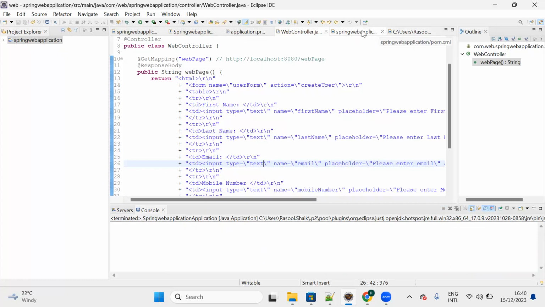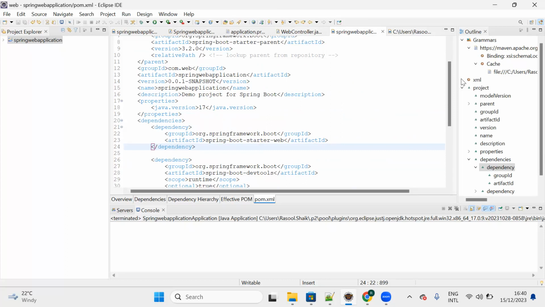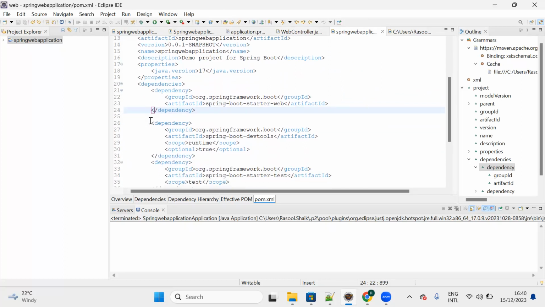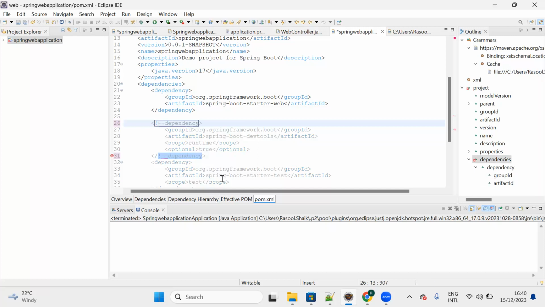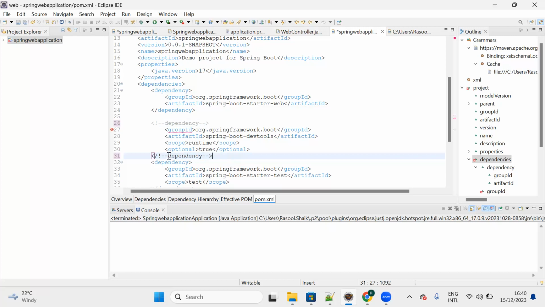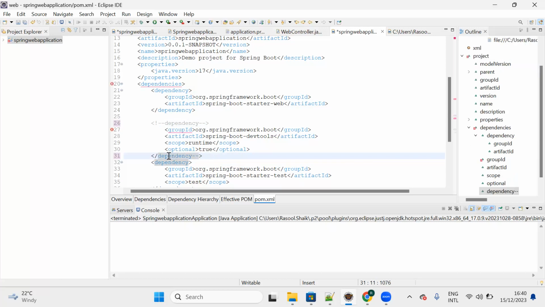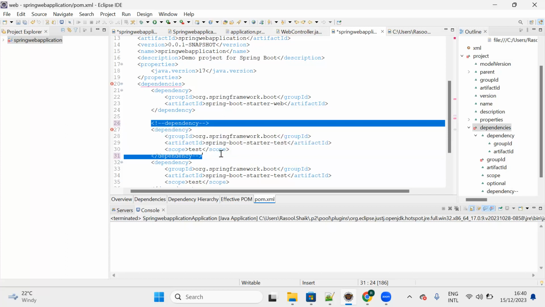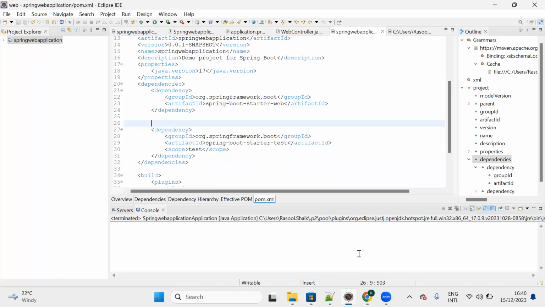So go to your pom.xml. Earlier we added developer tools, right? Because of that, whenever we make changes in a Java class, the server restarts automatically. I just want to comment out this dependency. Let me remove it. Control save, and whenever you do some modification in your pom.xml, what